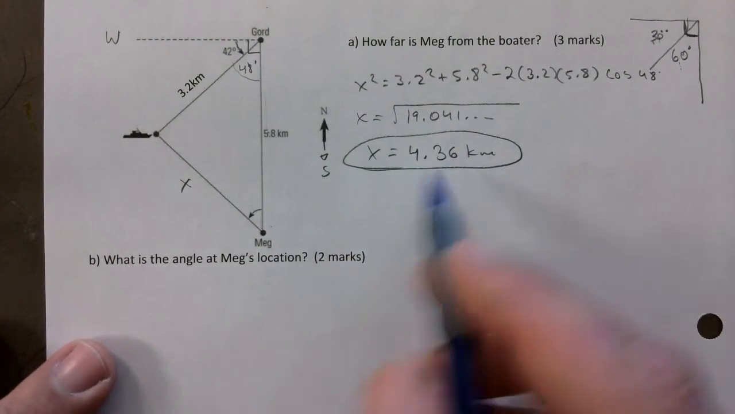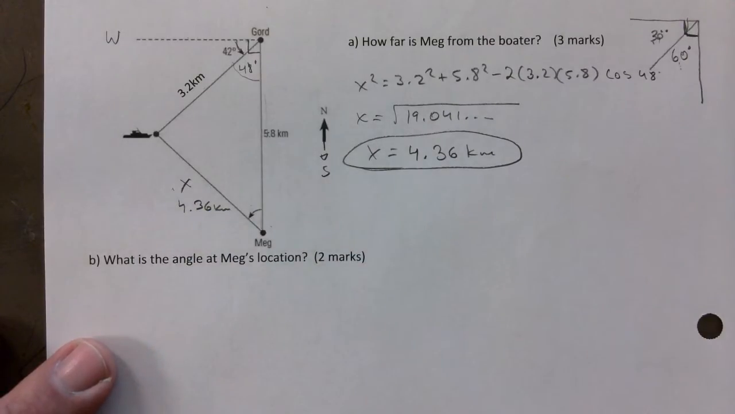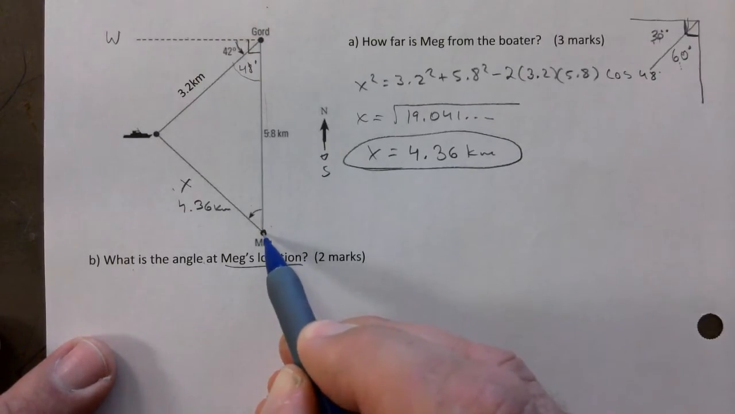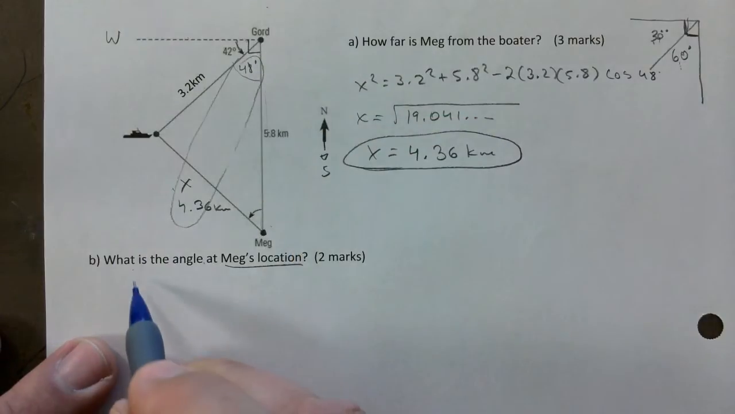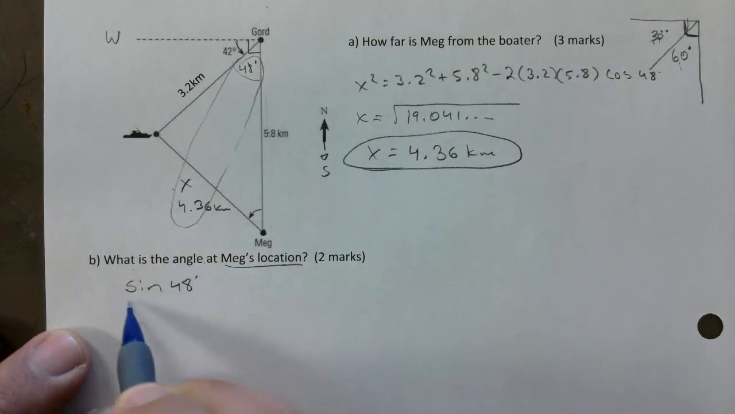So there's your side, that's 4.36 here. And now we're going to do the sine inverse. Okay, this is my chance to do that. What is the angle at Meg's location? So they want this angle right here. I have a pair now, so I'm going to say sine of 48 over